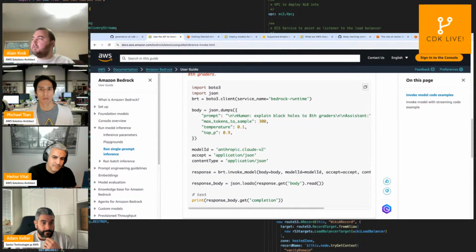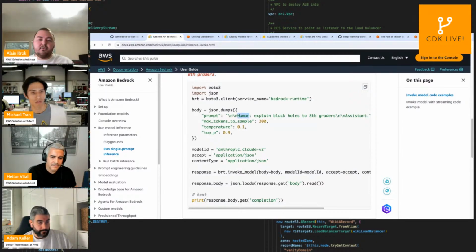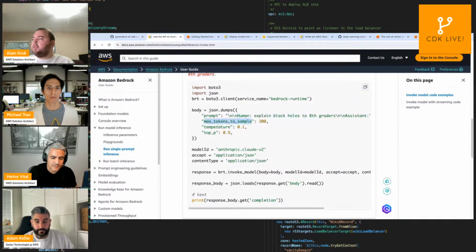It will contain the prompt, and every model has a different input-output structure for the data. Some will expect keywords, like here the prompt Human, that will understand this is the part of the user query. And you have some parameters that you want to pass. You need to specify the model ID and so on, and then invoke Bedrock.